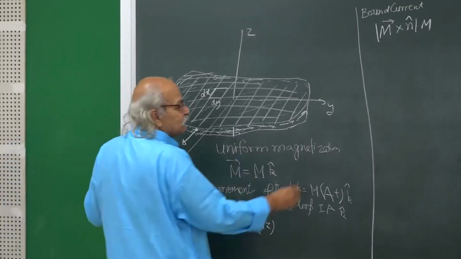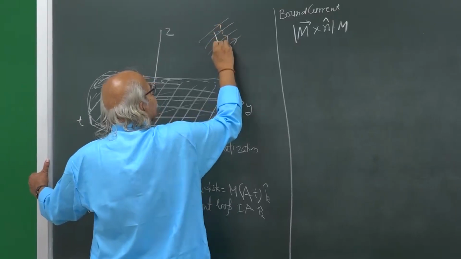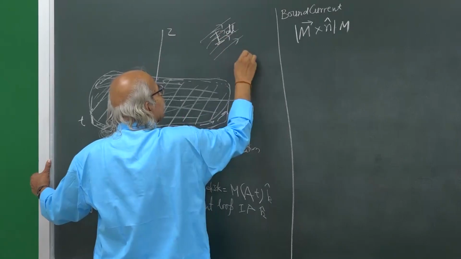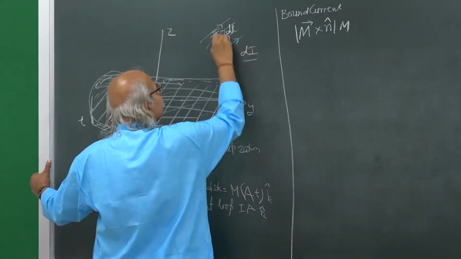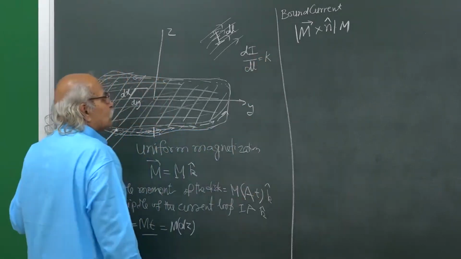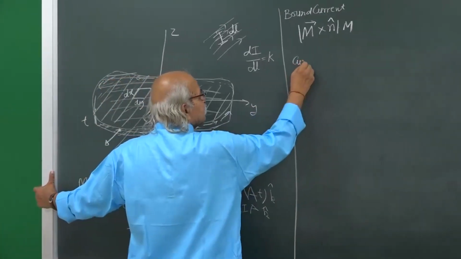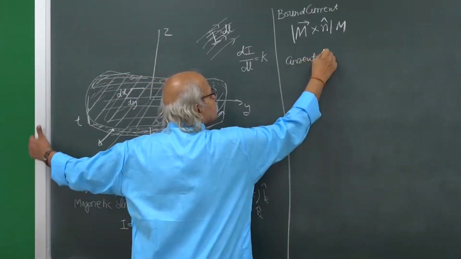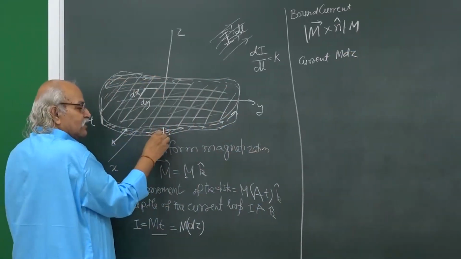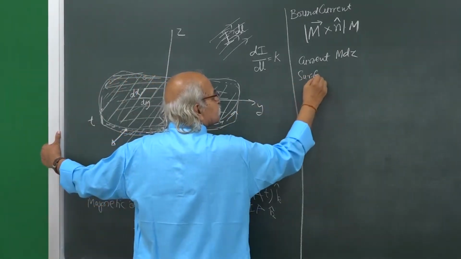That is how we define it. If you have a surface current like this on this surface, then draw a line dl and see how much current is going through this dl, and that current divided by that length is known as surface current density. So, here the current is m times dz, and dz is this length, and therefore the surface current density,